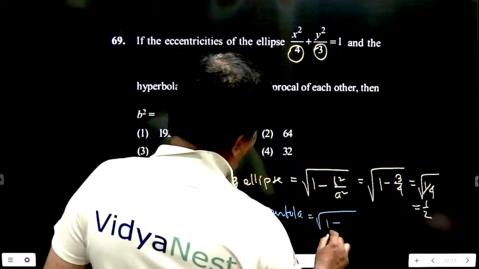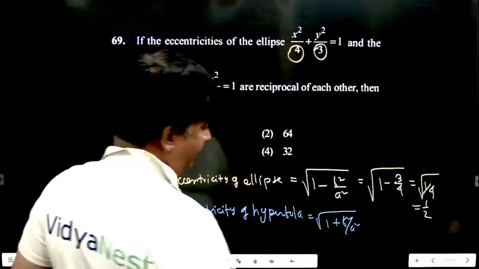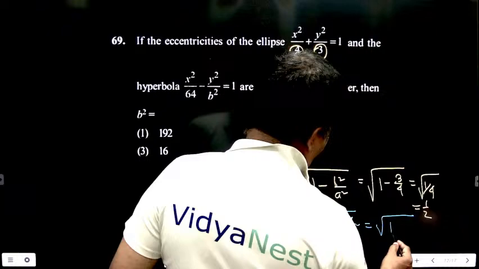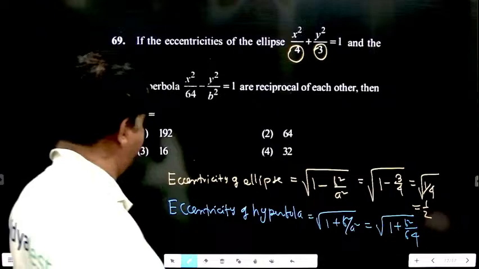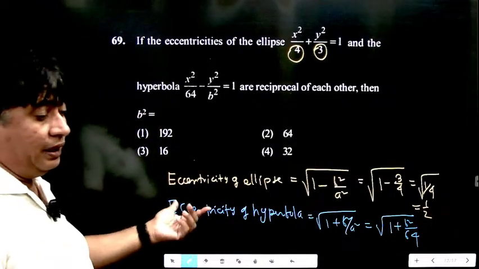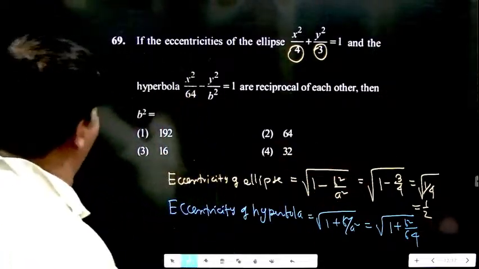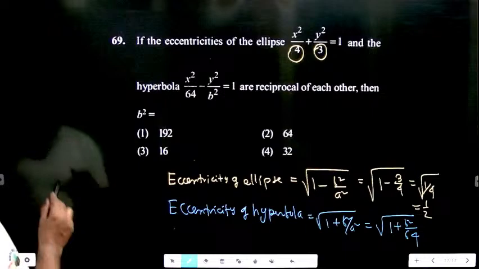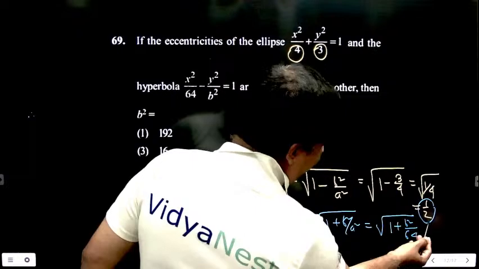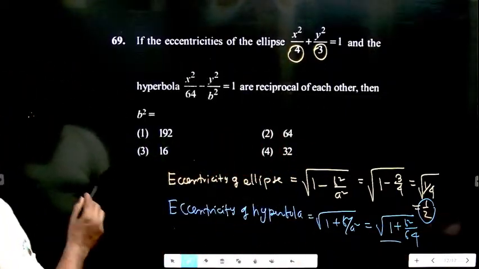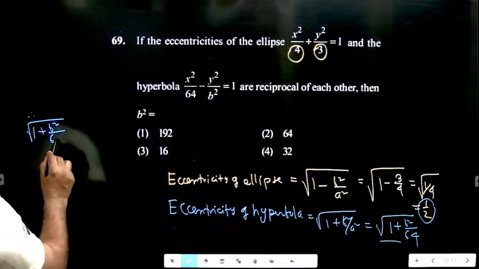Root 1 plus b square by a square. What is b square? b square itself. What is a square? 64. Now, how are these eccentricities related? One eccentricity is the reciprocal of the other. Therefore, as one eccentricity is the reciprocal, what is it? 2. That is the eccentricity of this: 1 plus b square by 64